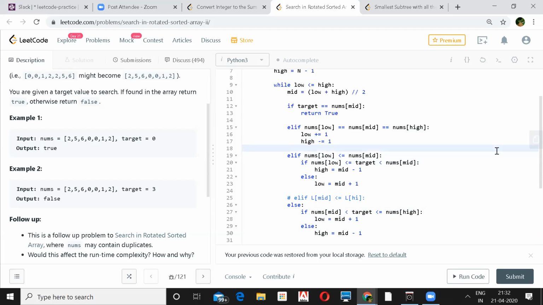So you're taking care of the duplicates on lines 15 to 17. Sorry, why are you comparing with nums mid? You just want to compare low and high to have dupes, right? I thought if all 3 elements in the array are equal.